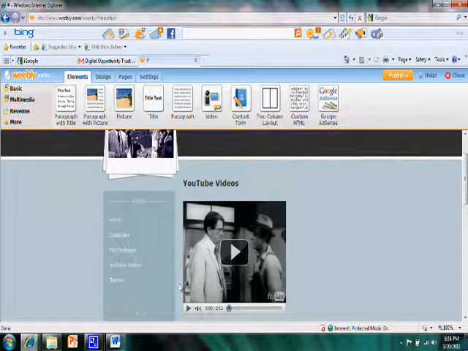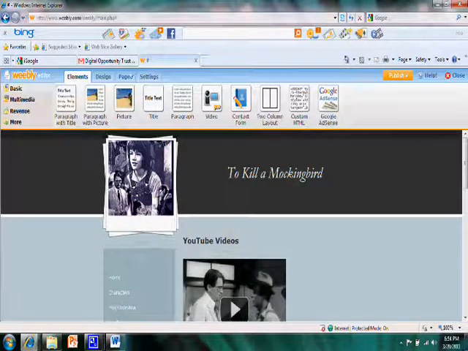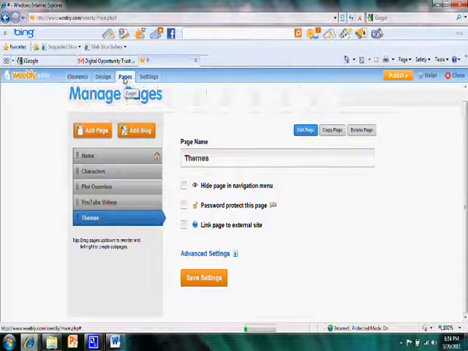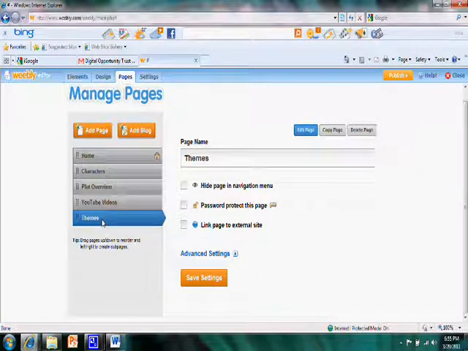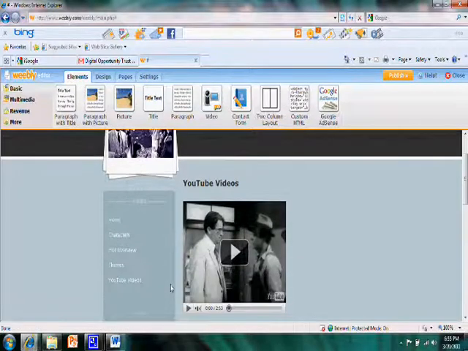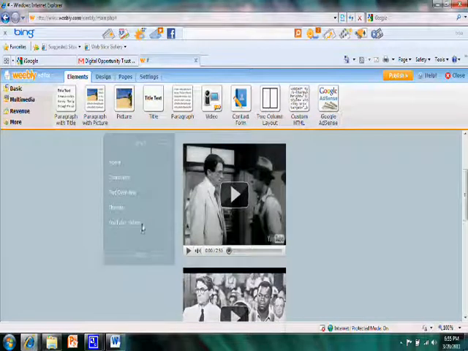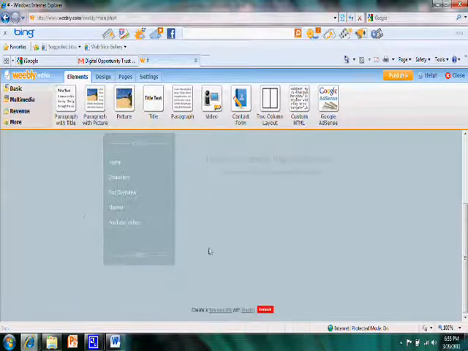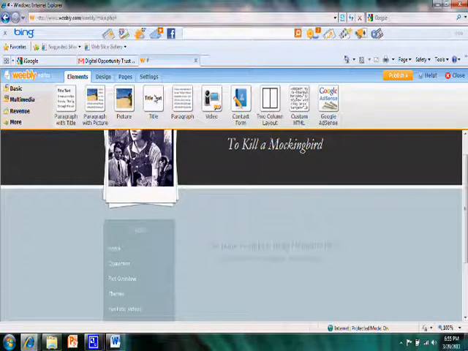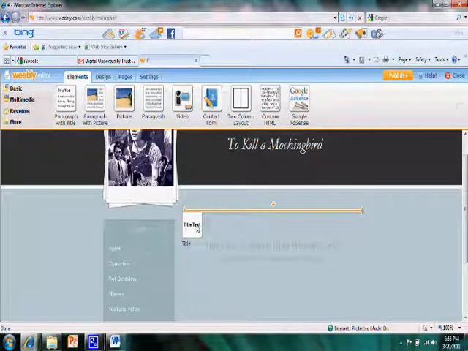But now, as you can see, the themes is below the YouTube videos on the navigation, and I don't want that. So I'm going to go back to Pages, and I'm going to click on Themes, and I'm going to drag it up in this list so that it's above YouTube videos in this list, and click on Save Settings again. And now my themes is where I want it in the navigation. And in order to edit the page, I just click on page in the navigation, put in my title,